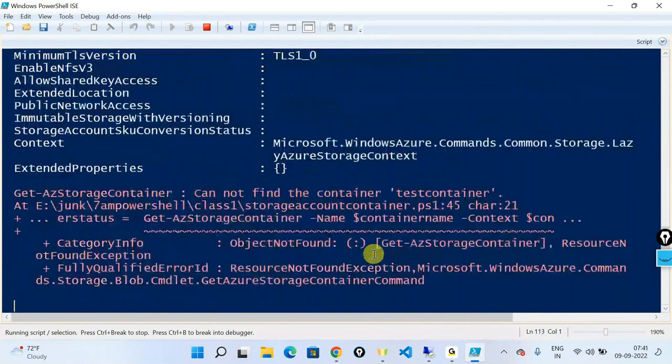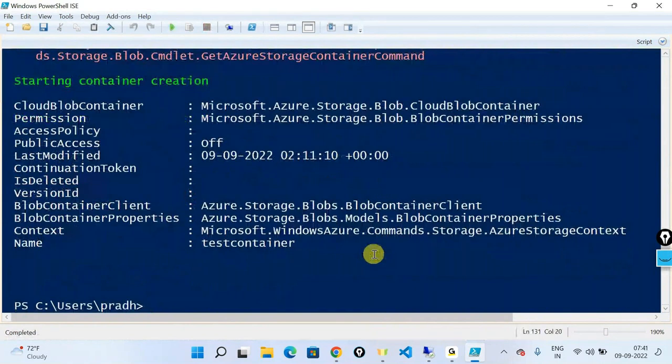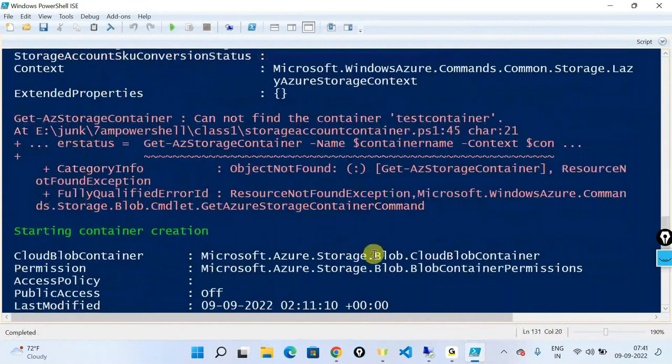So now the storage account is done. It's saying cannot find the container, and it threw an error here saying cannot find a container called test container, and then it went ahead and created it. Why do you think this error is coming here? Where do you think the error is coming? Already test container is created and